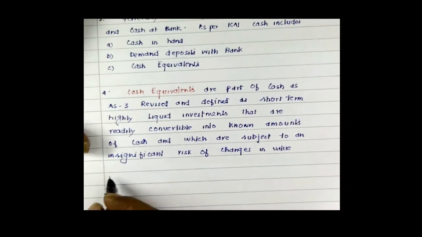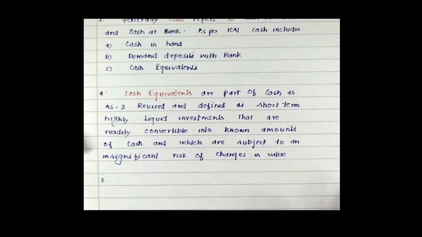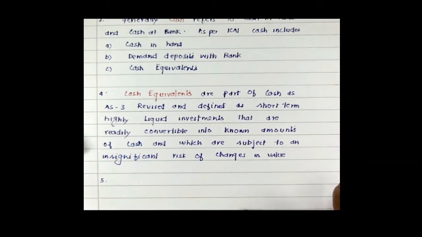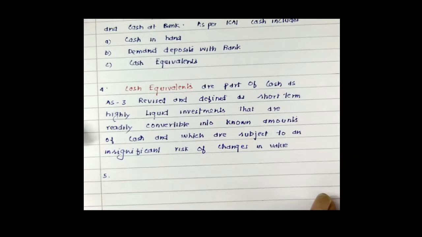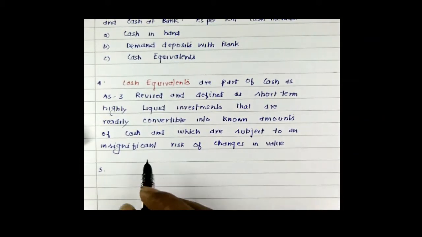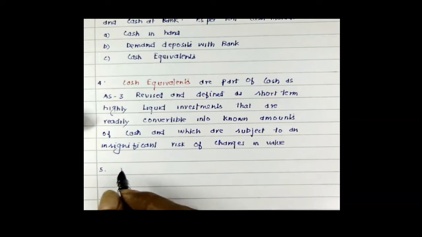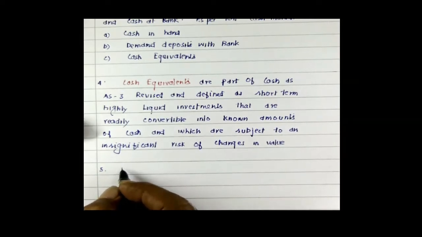Now, we move a bit further. Initially, I said normally an enterprise prepares profit and loss account and balance sheet, but these financial statements fail to reflect or convey any information with respect to, as I said, flow of cash. So that is why the importance of cash flow statement comes to the fore, because the cash flow statement will exactly let us know how the cash flowed into the enterprise and how it moved out of the enterprise. Correct? So we write here, since